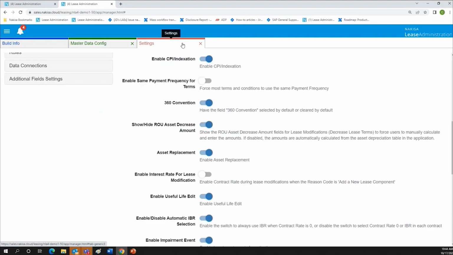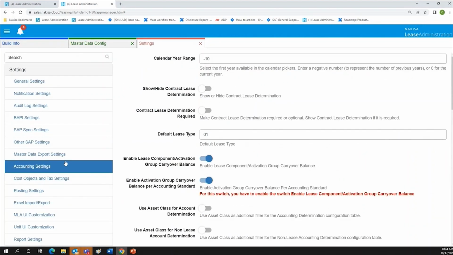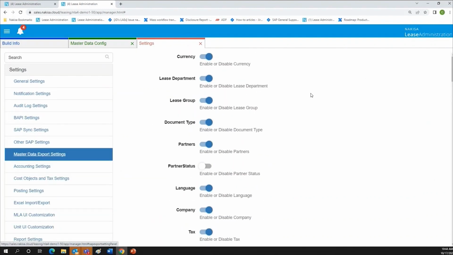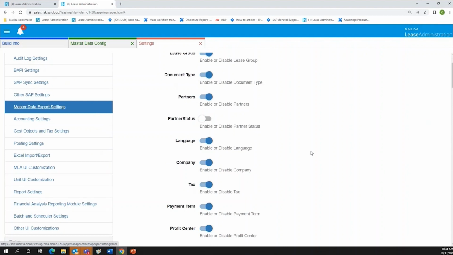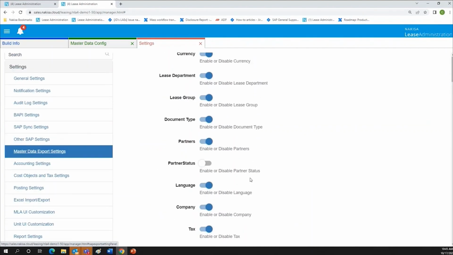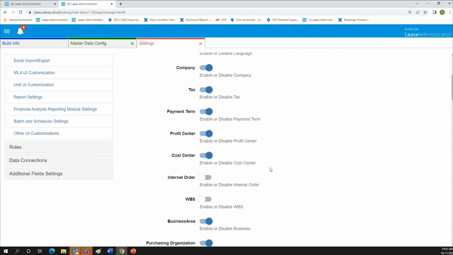So how do I check that? In the settings, in the master data export settings, you will have a long list of tables. And to each of the tables, there is a switch that is associated. So you may want to see if all the switches that are relevant for your case are turned on. In this situation, what we recommend is that you simply put everything on, because you don't want to miss any table. You don't want to have this back and forth of, oh, I'm missing something. So we have here just 3 tables that are off, but for the sake of it, we're just going